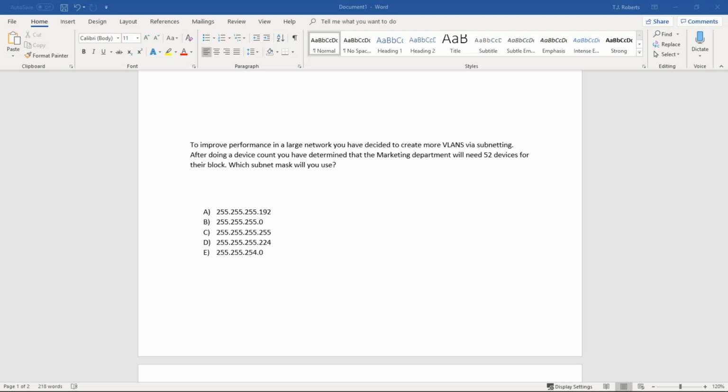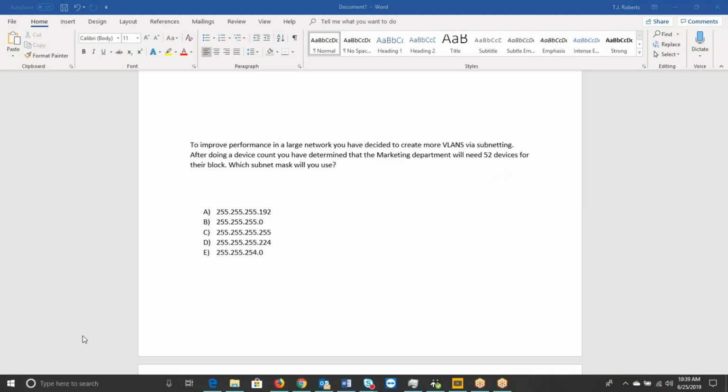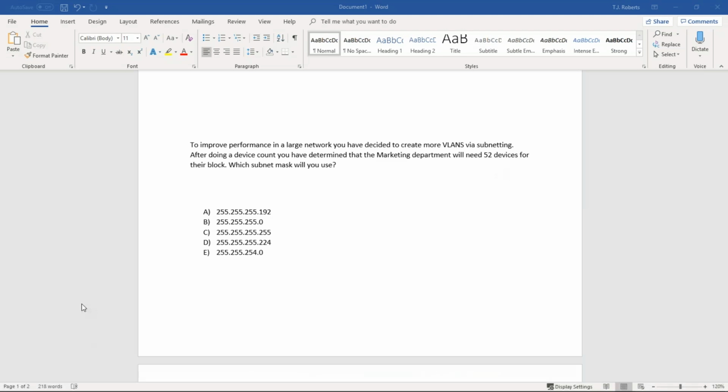Okay, no worries. So we're going to work through this real quick. And it's not long drawn out either. The way that I show subnetting is really pretty simple. It just comes down to the bits. If you know the amount of bits in each subnet mask that are being used for host and the amount of bits that are being used for masking, it's actually pretty simple. So what you want to do for this question is,